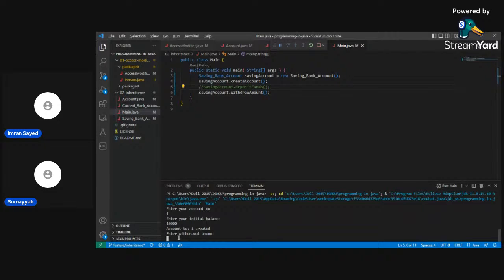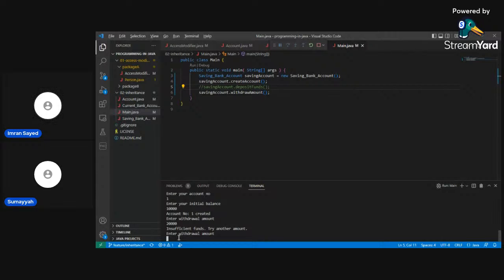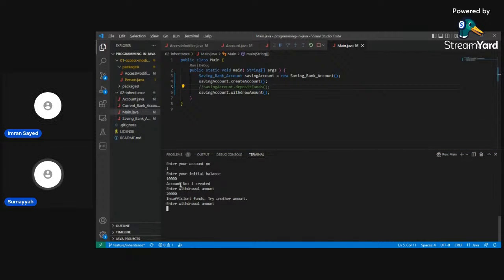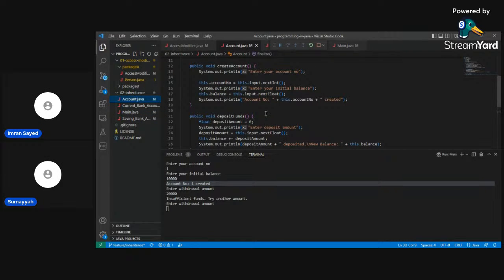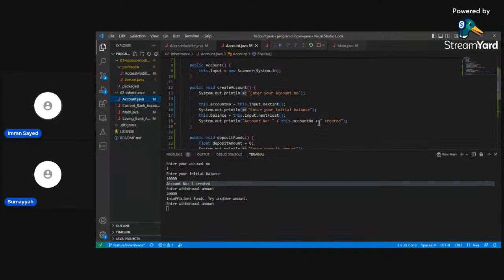Okay. Wait a minute. You put 1,000, 10,000, right? Did it display the amount when you initially put it? It displays only the account number when created. So let's add another text there because we need to let the user know that the amount is deposited. Created account, or just balance, yeah.